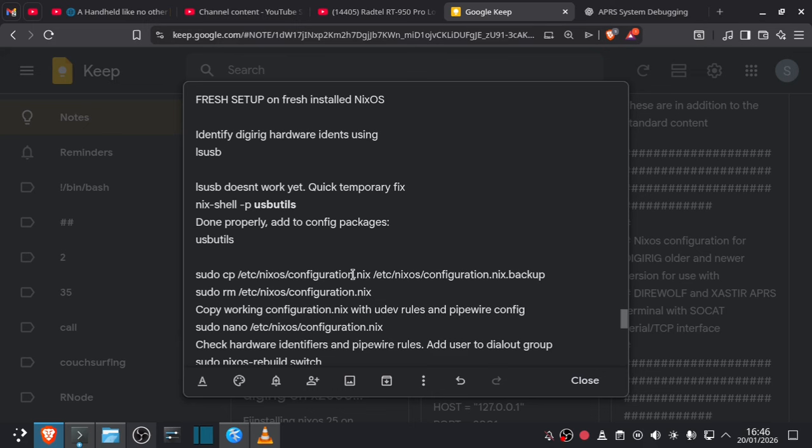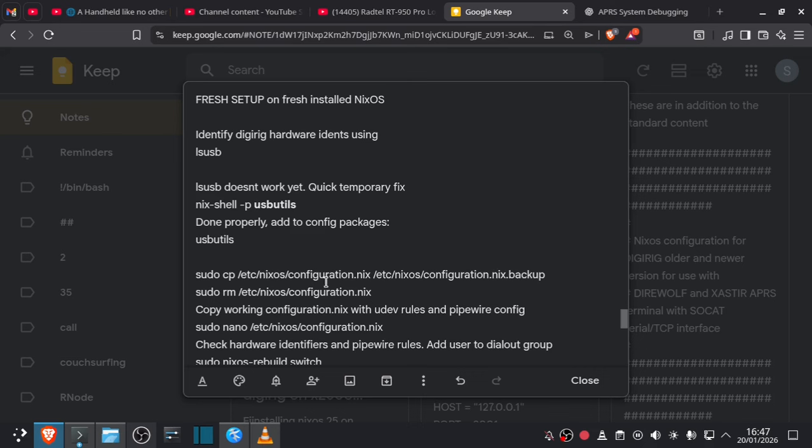So what I actually did was I fresh installed the machine, and then I copied this configuration.nix as it was generated by the install, and just called it nixos-backup so that I've got a backup, because if I mess it up I can go back. NixOS lets you roll back anyway. If you reboot the machine, it lists all of the different versions of the machine that have been built, and you can just click on or scroll down to the one you want and boot it, so you can roll back. But I still want to have my own copy of this because I've spent a lot of time on this. Anyway,